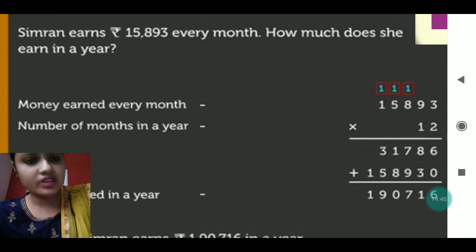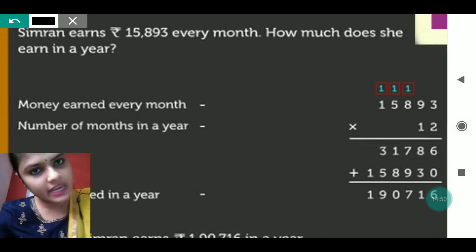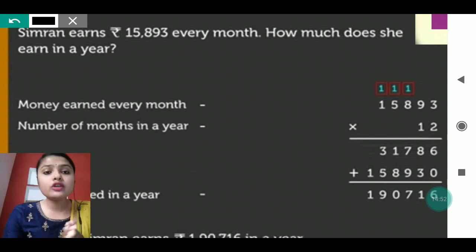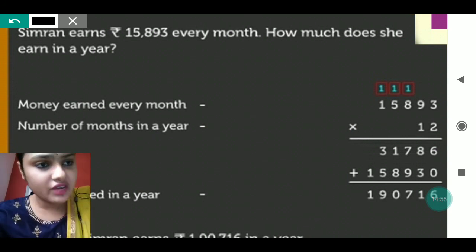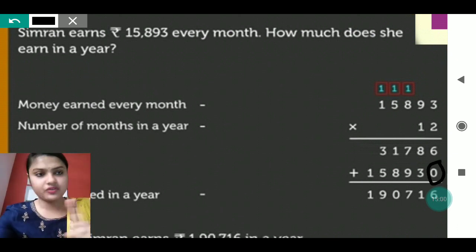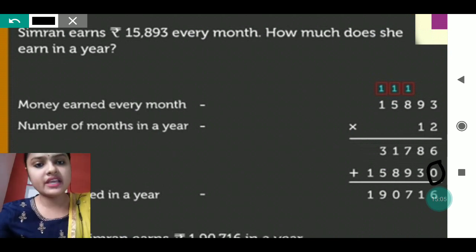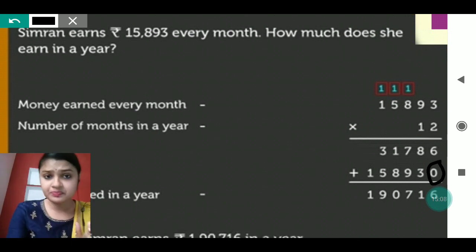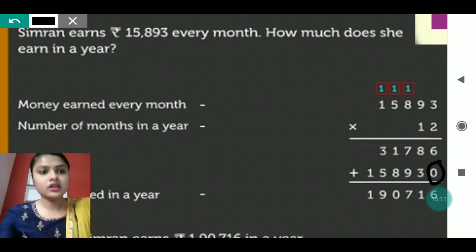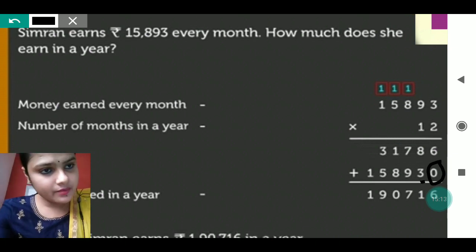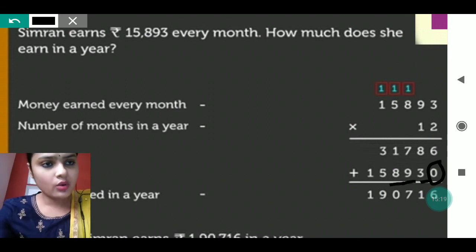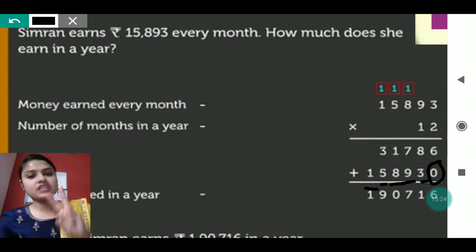Now, my dear, we have to find out the second partial product. What we will do? First, at the first place, we will put 0. Now let's start multiplying. We have to multiply with 1. We already know that if any number is multiplied with 1, we get the number itself. So 1 3s are 3, 1 9s are 9, 1 8s are 8, 1 5s are 5, 1 1s are 1. Done. Both partial products we have got.